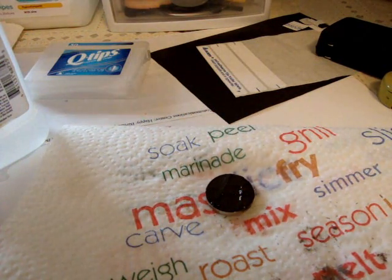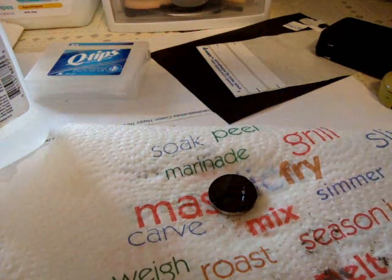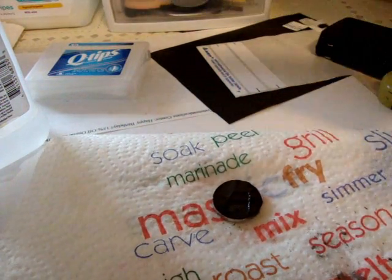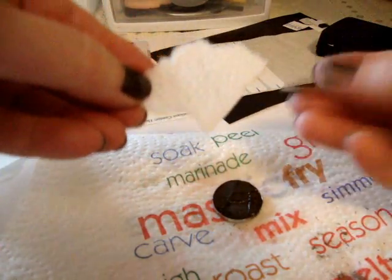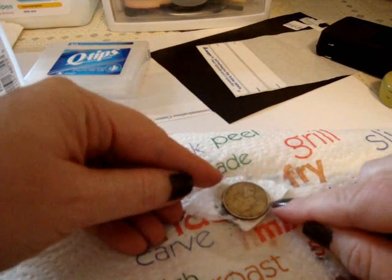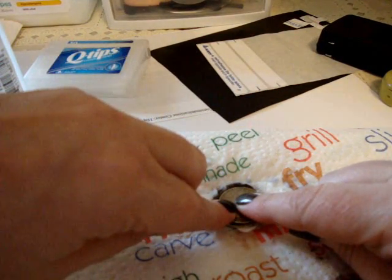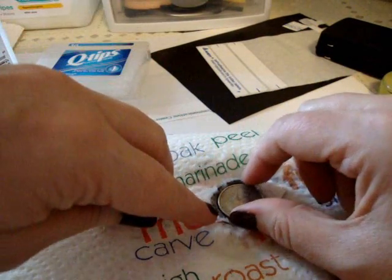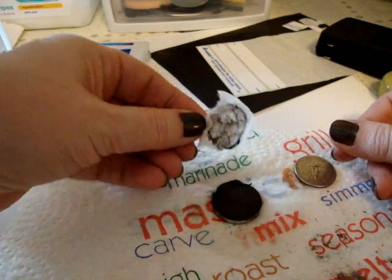Then what you're going to do is take a piece of paper towel, just a small piece, like something that is about the size of the eyeshadow, and a quarter. Put the paper towel over the eyeshadow, put the quarter on top, and press down. Okay, and because the alcohol has softened up the eyeshadow, I'm going to pull the paper towel up